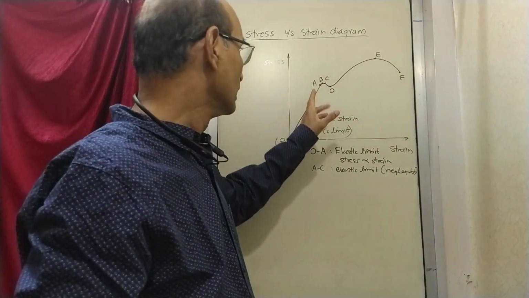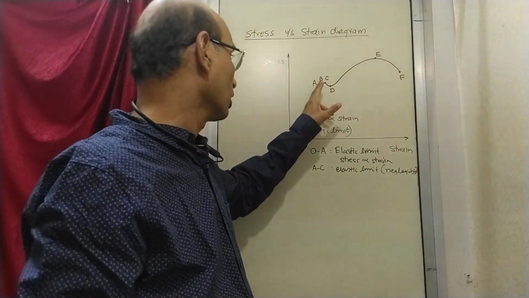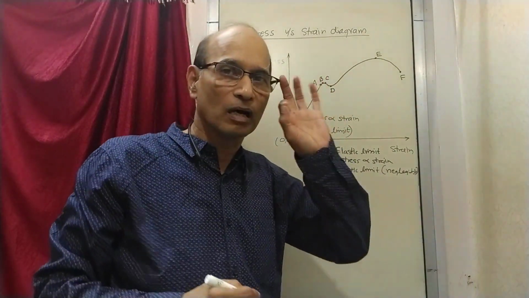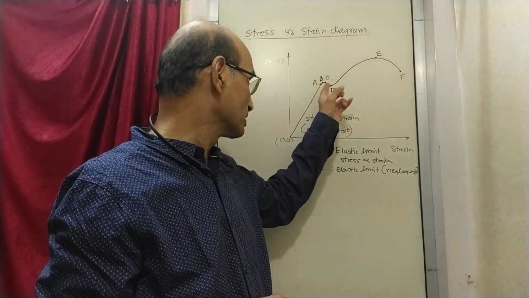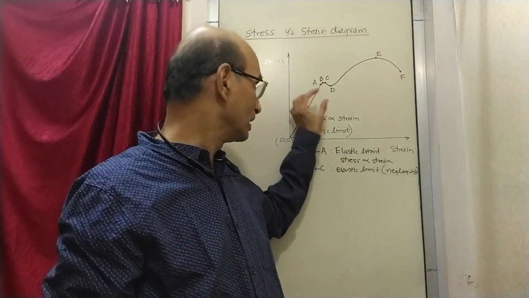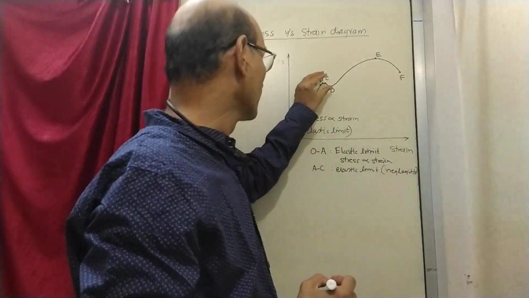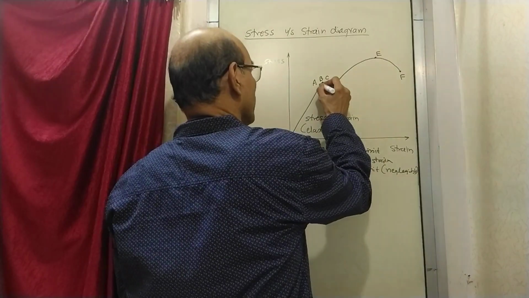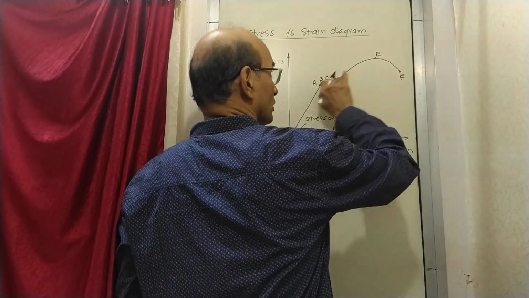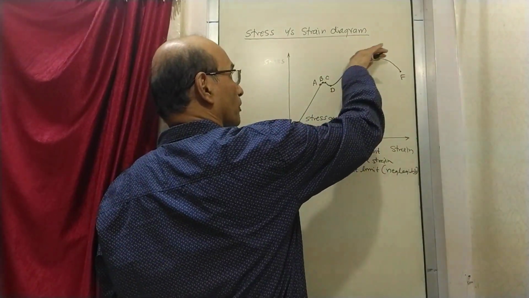There is some change in the sense that the region A to B is not following what has happened here. It is not a straight line, it is a curvature. That means there is some change in the property. Same thing, there is a change in the property between B and C, between C and D, but all these things are negligible, so you can practically say that all these points are at one place. So when all of them are at one place, you can say that after A, the curve starts this way. Okay, it goes on having a curvature. That means the straight line is up to here, and after that the curvature starts.